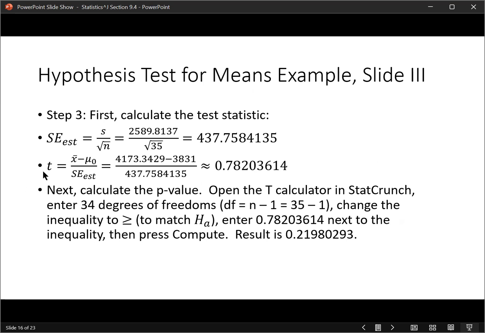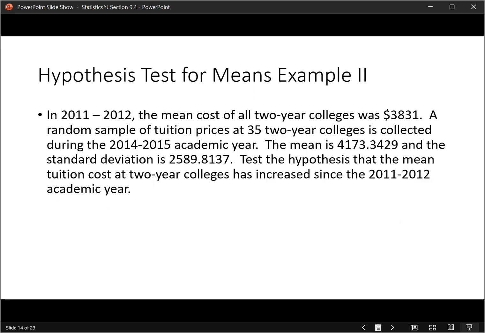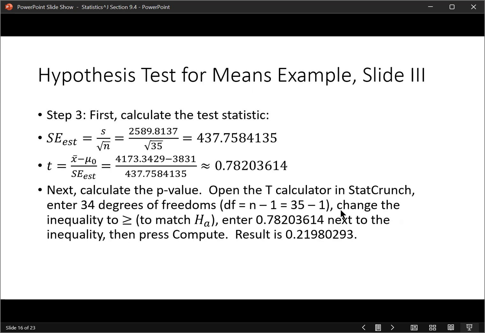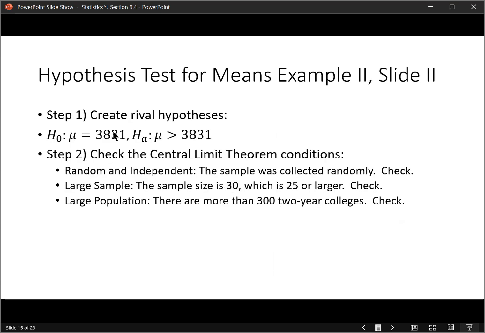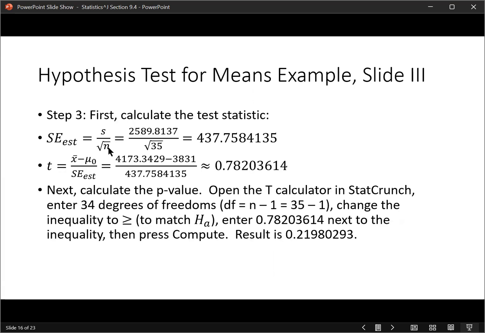Then to find the t statistic, or t value, you plug all this stuff in. You take the mean from the sample, 4173, which is given here as the mean of the sample. Plug it in, minus the mean value for the null hypothesis, which is 3831. Put that there, and then divide by the standard error estimate that we just got. If you do all that, you get the t value of